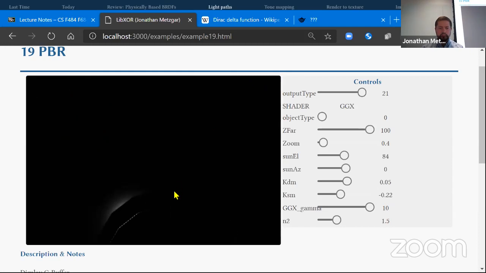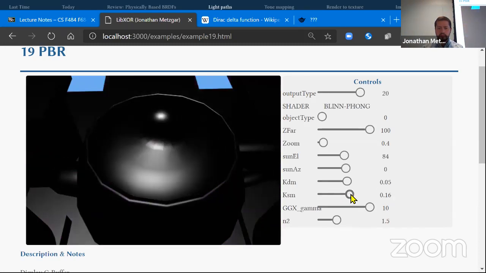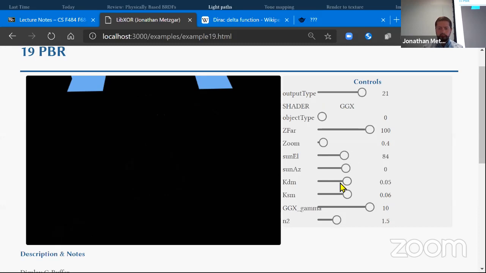sharp fall offs in the same way that we get for Blinn-Phong. So you notice over here we get these really sharp highlights. Well, we can still get the same thing with GGX if we increase the power, and this is just the fact that if you were to raise,